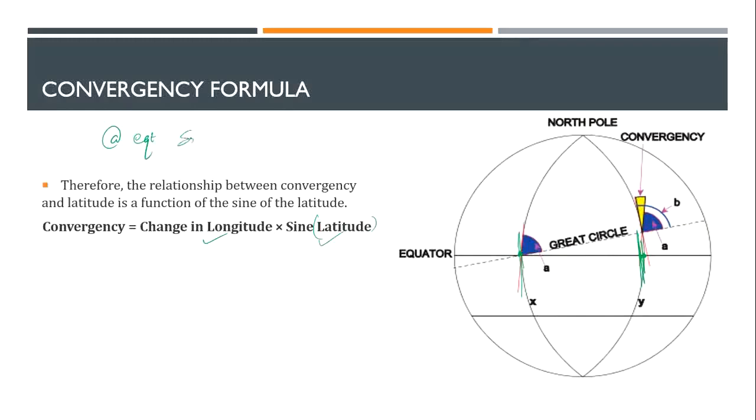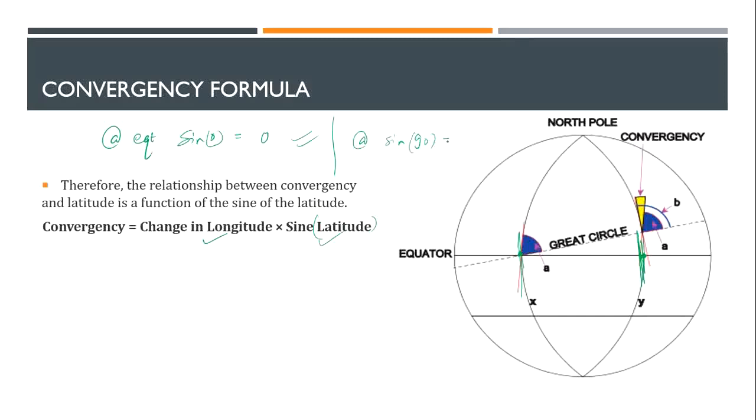Nishita, tell me what is sine of 0? Sine of 0 is 0. Now this proves both of the points which I'm trying to say. The inclination is 0, and when you put it into the formula, the convergency becomes 0. So at any point, if two coordinates are given on the equator, the convergency on Earth or chart will be 0. So remember this. And Zubair, tell me what is sine of 90?